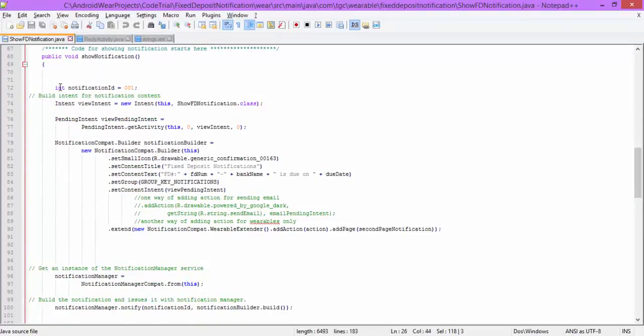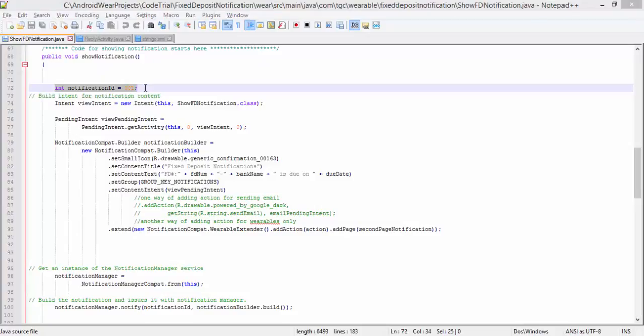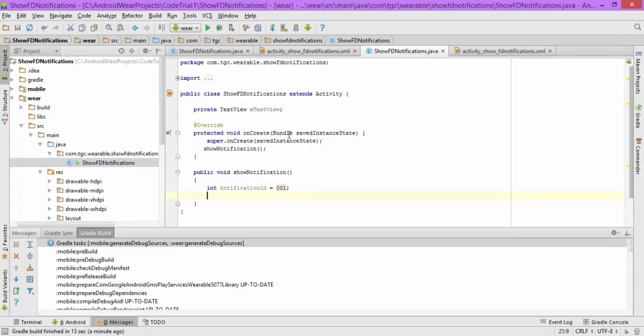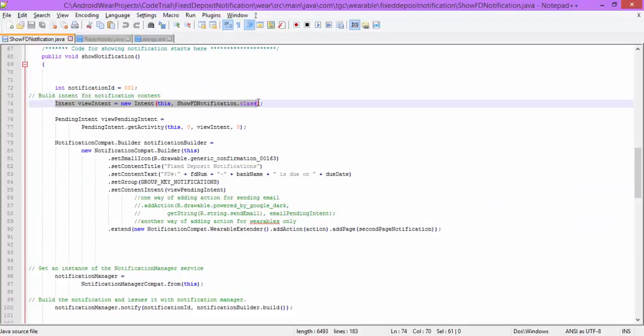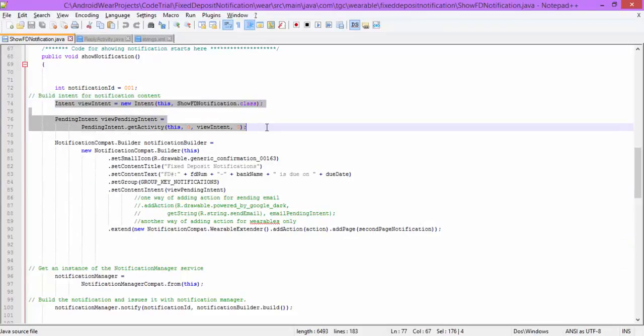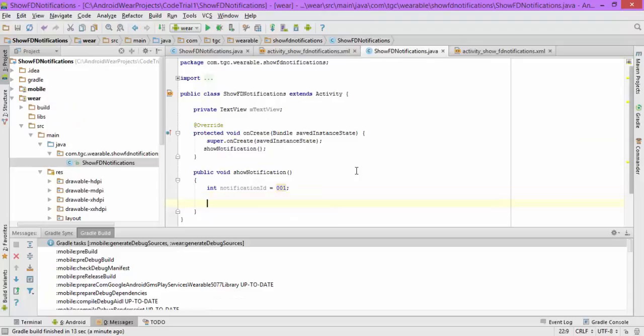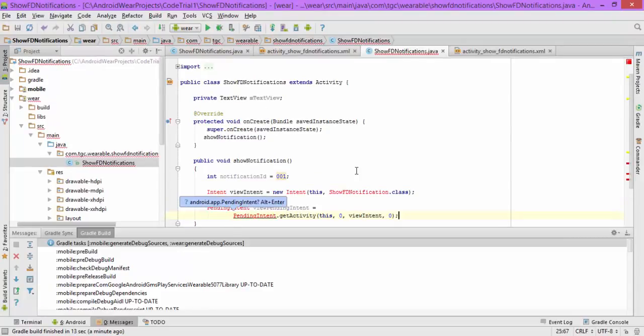Now, in order to show the notification, first we have to provide a notification ID. The next thing that we have to do is create an intent and a pending intent for this notification. As of now, for this purpose, we are not actually creating any